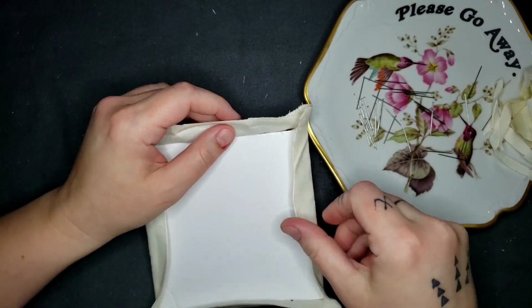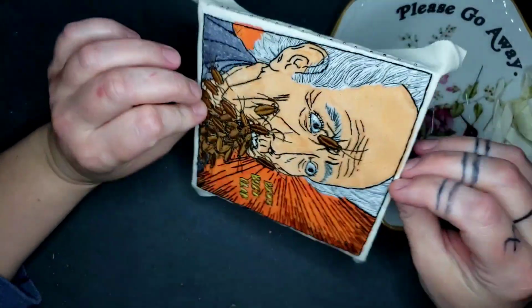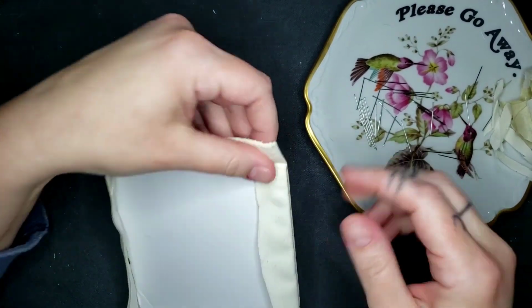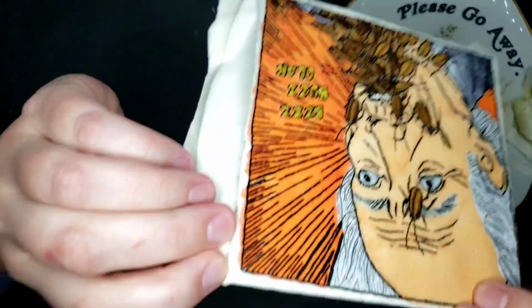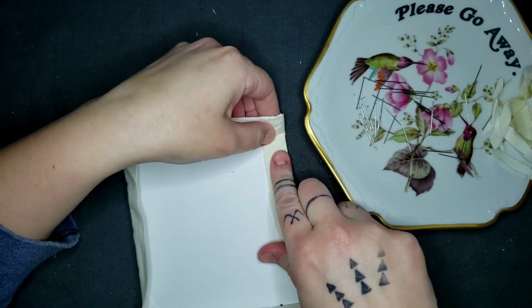Okay, so we're going to do our best to finish this like they would finish the corner of a canvas, which is basically what we've done here. We've stretched a canvas, which is why it takes so long. So remember, we fold in, and we're starting with a square edge. So I came right up to the edge on the good edge, which is the top. This is the icky edge, which can take some punishment here. So we're going to fold in for this guy,